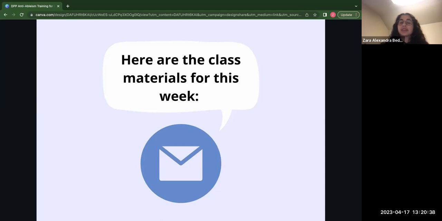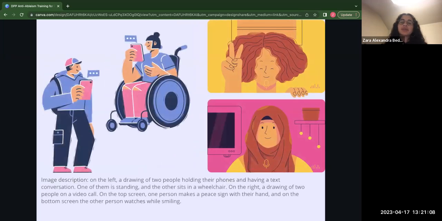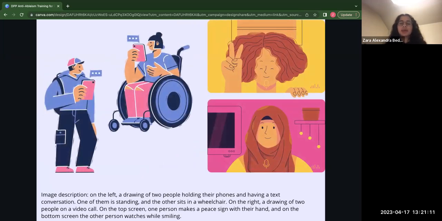Try to send out or post class materials in advance so students have time to prepare. Posting lecture slides or lecture notes in advance can help the studying of every student. With lecture notes already in front of them, students can take more time to understand the concepts gone over in class and add annotations specific to their learning. Also, if important announcements are made during class, remember to post or email these announcements as well. Every person's brain works differently, so it's important to share information in multiple ways to reach the most people. This slide shows a drawing of 2 people texting and 2 people on a video call.